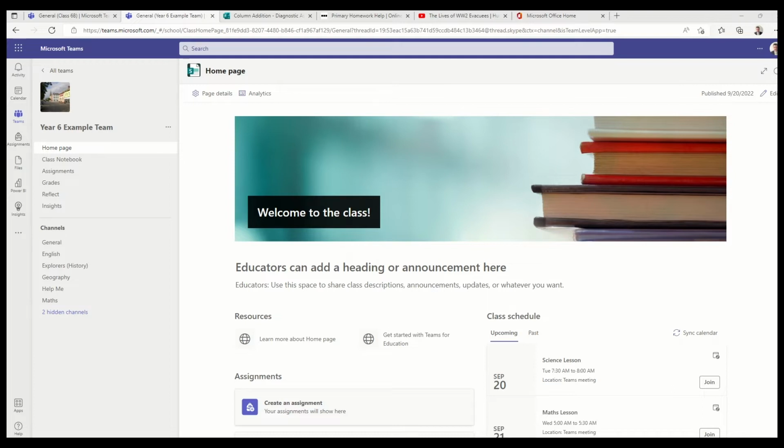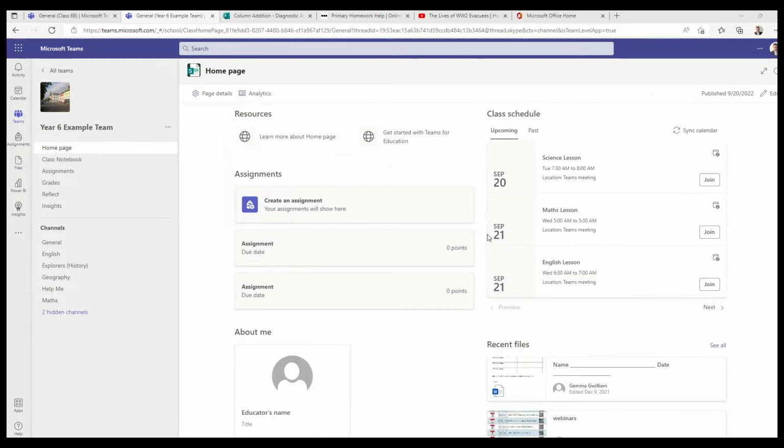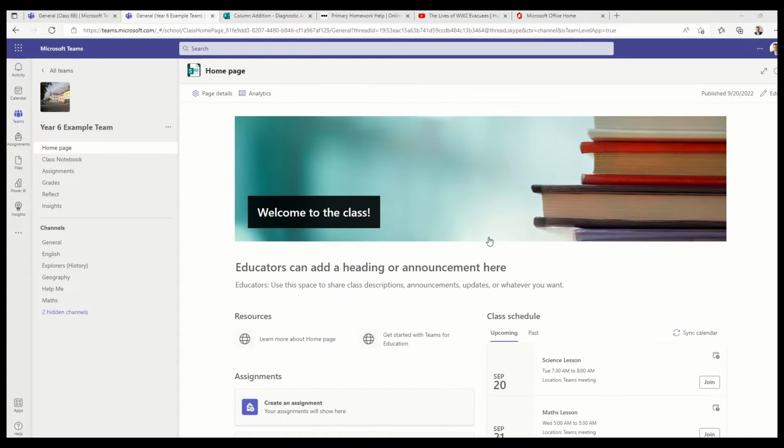So I've logged into Office 365 and found my class team and clicked on the home page here, and you can see it's got a default layout of some things that might be useful for me and my class when we visit Teams. The home page can be found right at the top, and the first time you click on it, it'll set up this default template, which looks pretty useful, but it might not be quite as you want. So I want to take you through some of the steps that you can edit on the